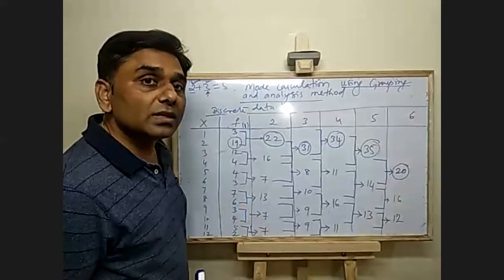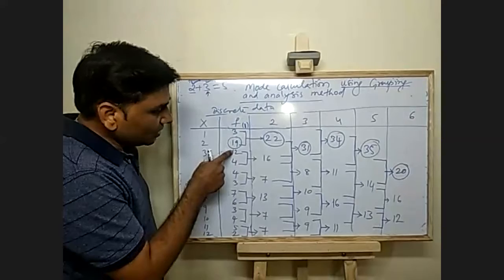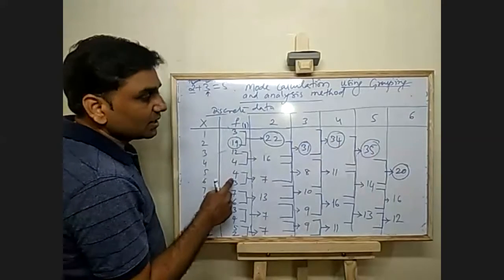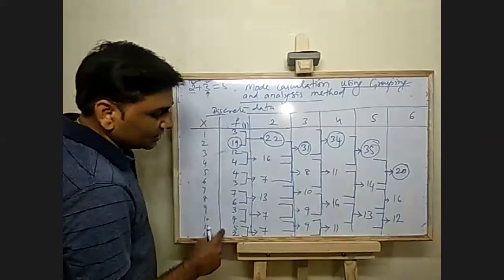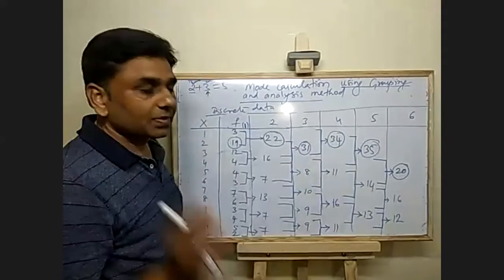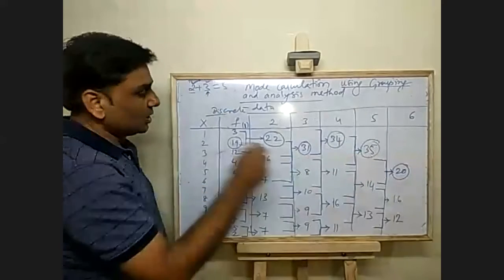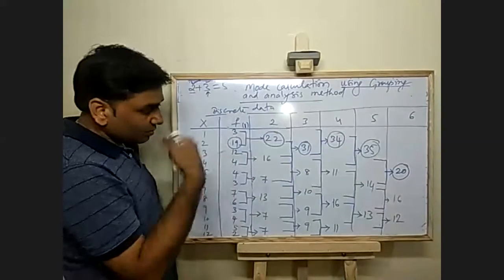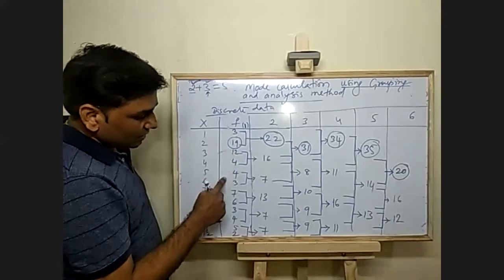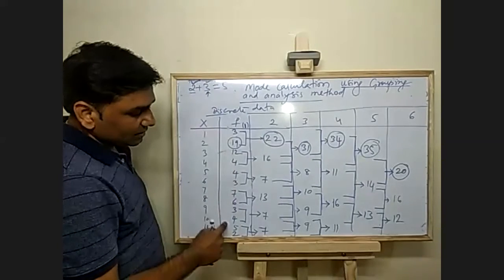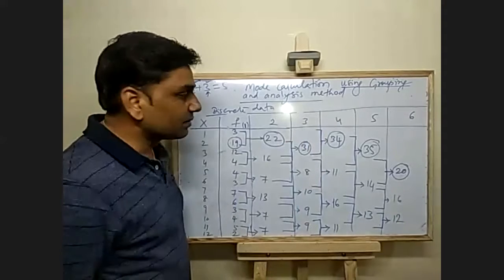How to calculate 3 times? Sum of 3 numbers. So first 3 numbers, sum. Next 3 numbers, sum. Next 3 numbers, sum. Next 3 numbers, sum. You write. Fourth, next, you leave the first number. From the second number, you take 3, sum of 3. Sum of 3. Sum of 3. And remaining numbers, if there are no left out 3 numbers, leave it.